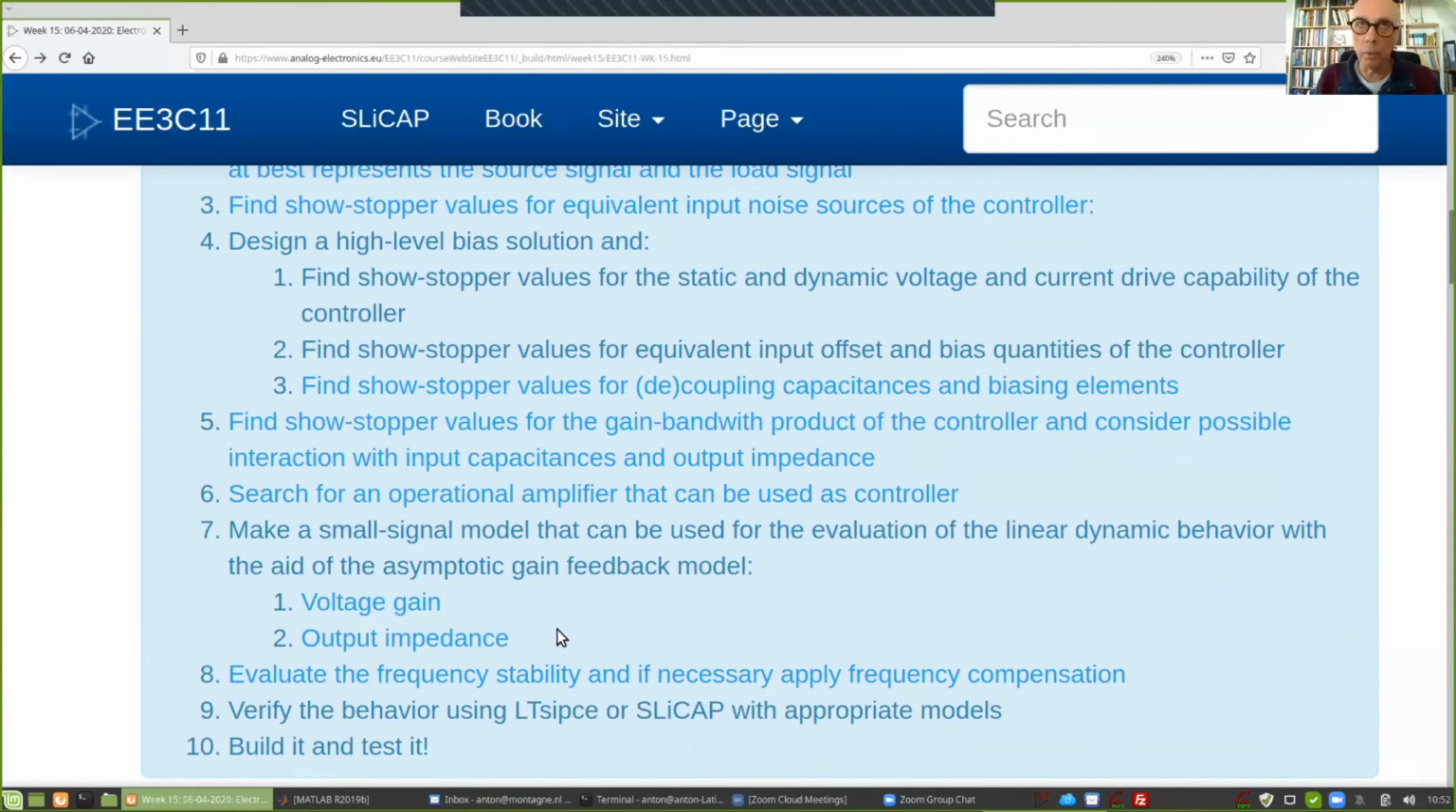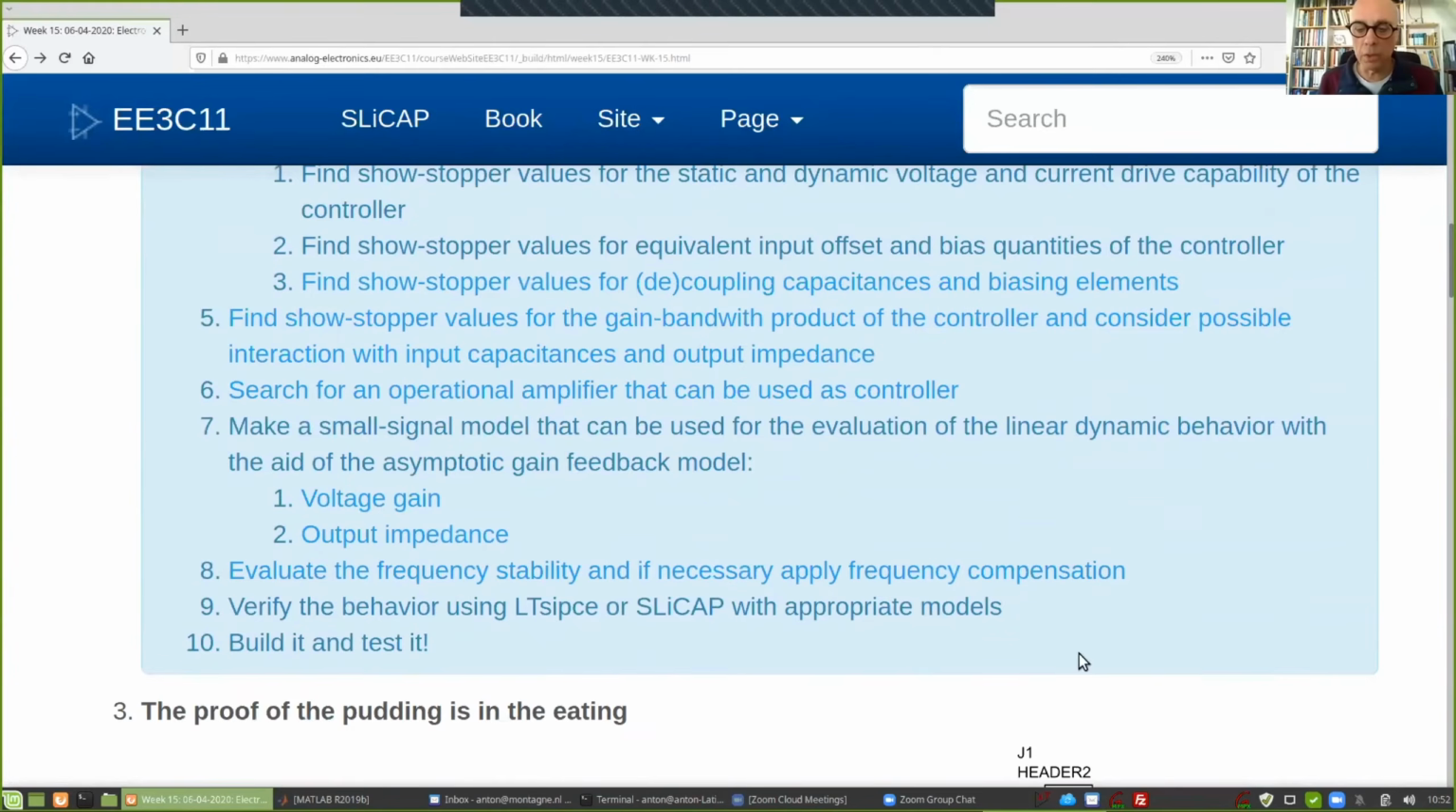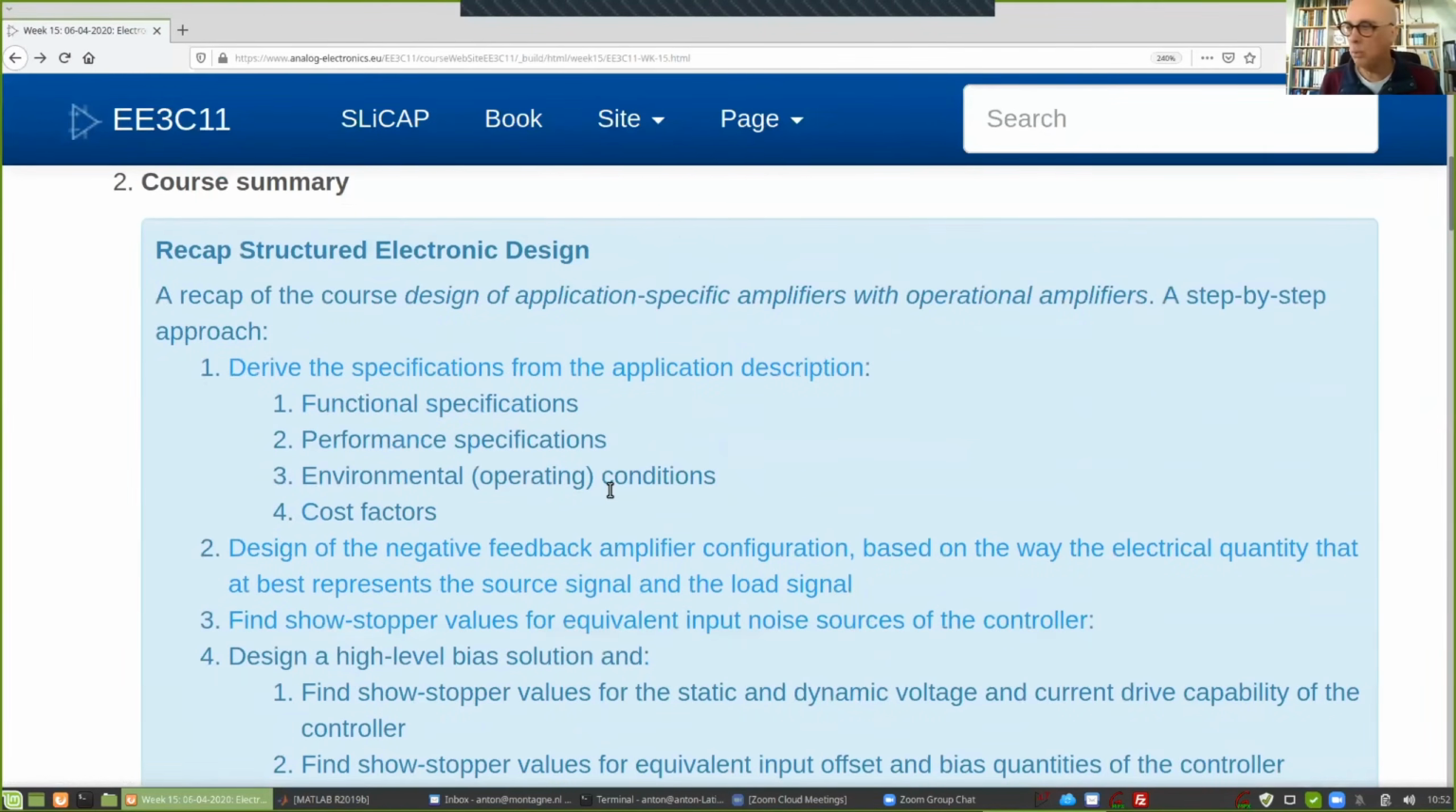We need a good model that has an appropriate, accurate description of the small signal behavior, and then we can evaluate the stability and apply frequency compensation if necessary. Now, what I did not do was put a complete macro model in SPICE, where we have all kinds of behavioral models. I just went to step 10, build it and test it, and I will show you the results later. So let's go again through the whole storyline here, and the configurations we did, and now we need